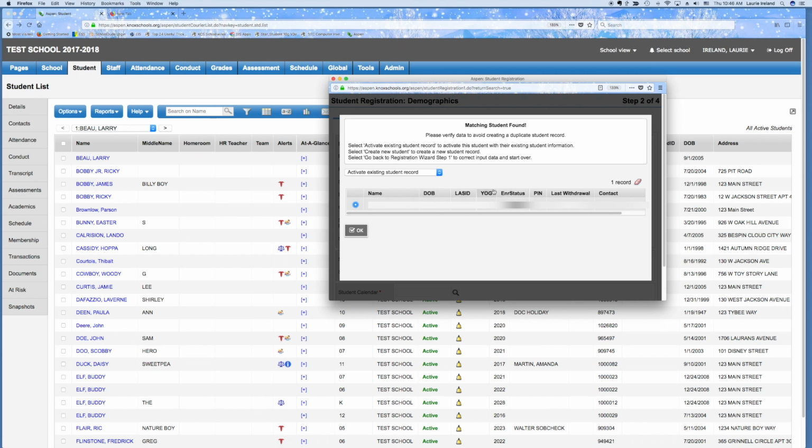If you find your student and their enrollment status is not enrolled at any other Knox County school, including yours, you are going to choose Activate Existing Student and move on through the enrollment wizard. If it is pre-registration, you will need to remember to make the enrollment status pre-reg in step 4 of the wizard and not active. If there is no match in the pop-up,